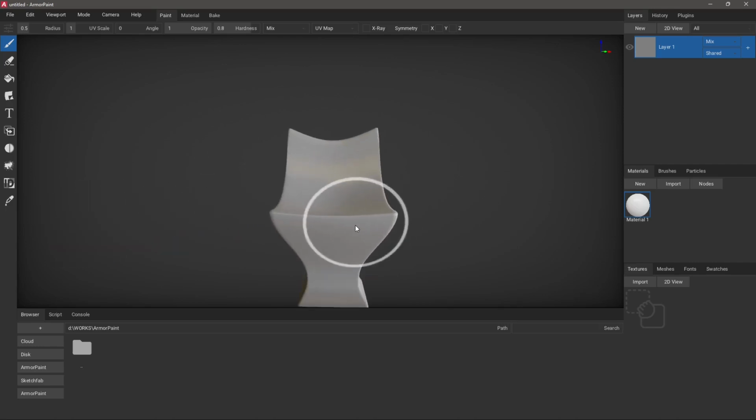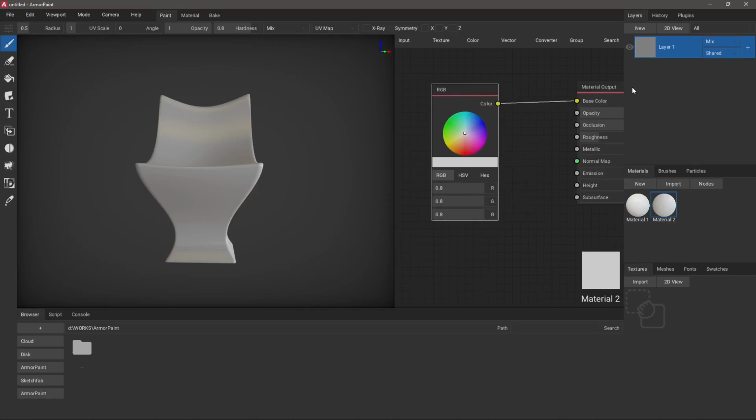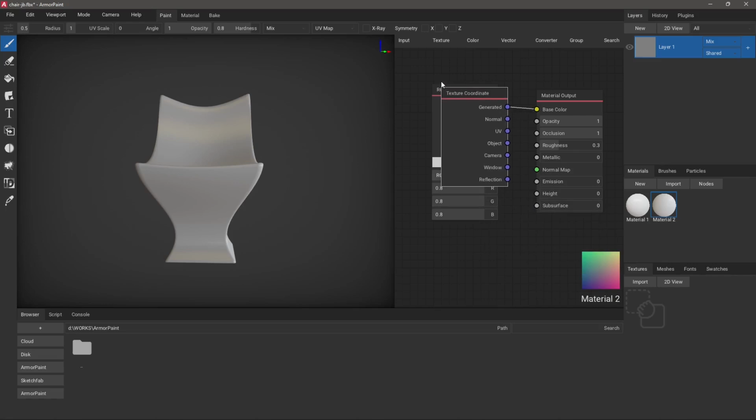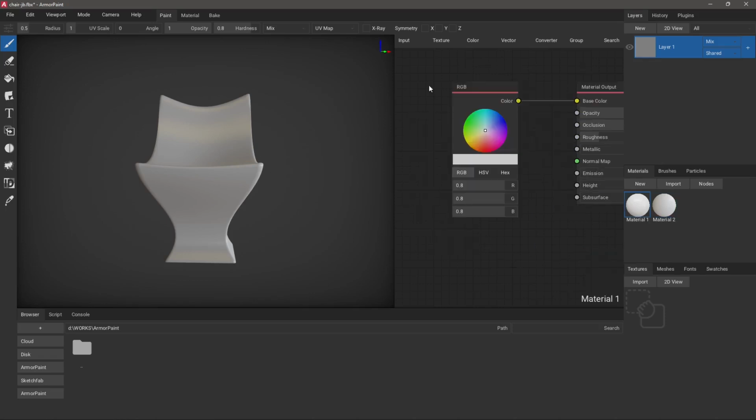So what I'm going to do is just close up here, and you can see there is already a default material applied. So you can create new materials. You can double click, you can see how these materials are made. You can see they're made by a central node and then other parameters, or you can even use textures. And you can even use mapping here. You can do some really standard mapping and unwrap mapping, but everything, again, you will find it in the Armorpaint